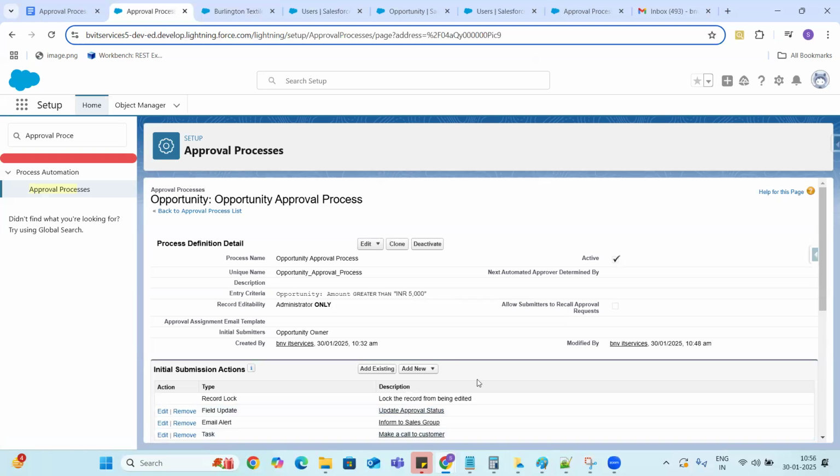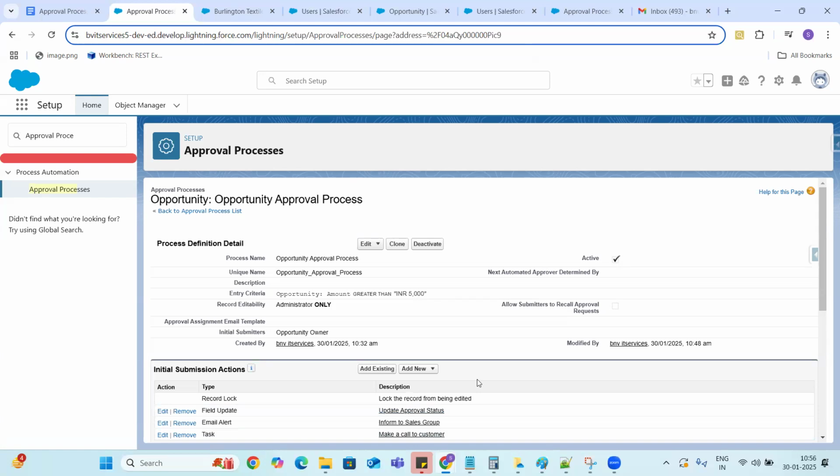Flows is also exactly the same thing, guys. Whenever you perform certain actions, okay, like on click of the button or when you are creating the record, this is something like when you are submitting the record, you are configuring some actions to execute automatically, right? Flows is also the same thing. Okay.